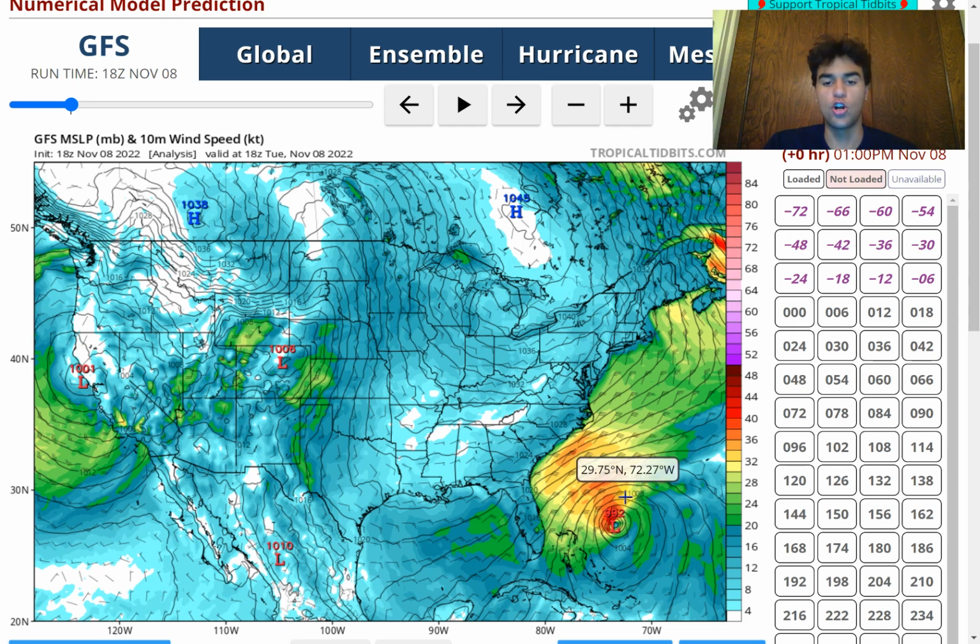However, the strongest of the winds still should be around the center of circulation, because this will eventually become more and more tropical as it continues to move eastward and we begin to see convection wrap around on all sides of the center of circulation. So we still should see the strongest winds embedded near the eye wall, but overall the wind field will be